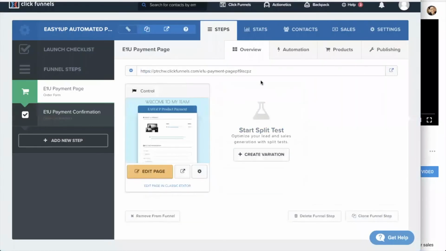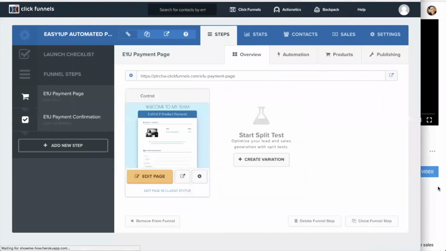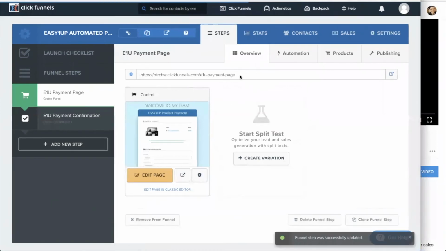Okay. Now, this is one thing that you also may need to consider doing. I usually will do this. Let me go to publishing, and I will need to clean up this. All right, the page path, payment page. Okay, this is good. Update. Now, as you can see, you can just use this link. This is where I have already integrated